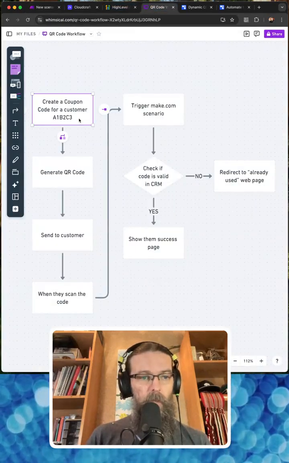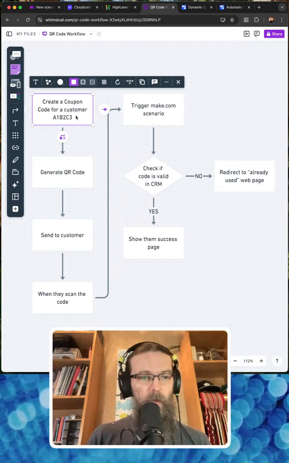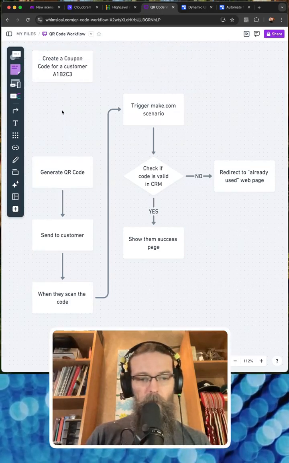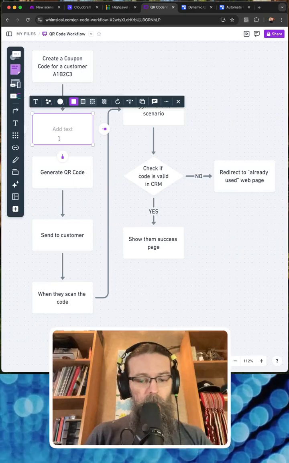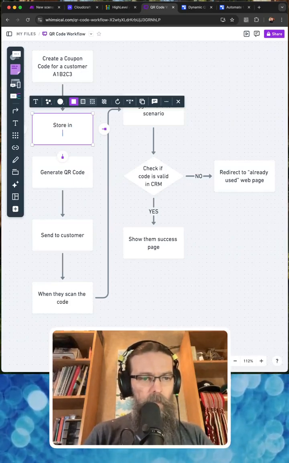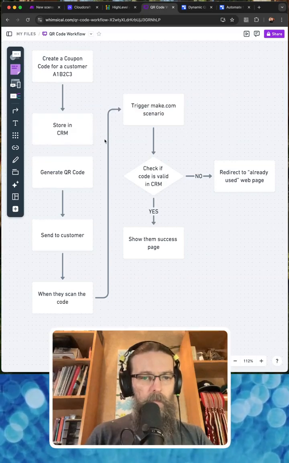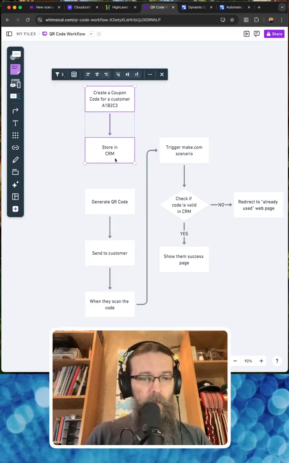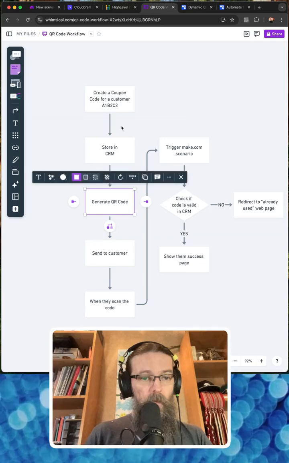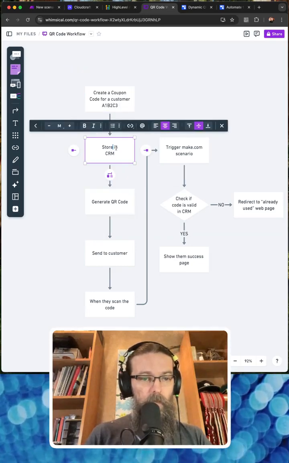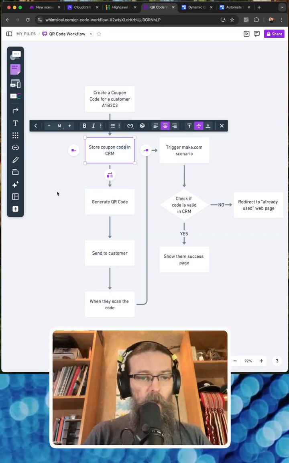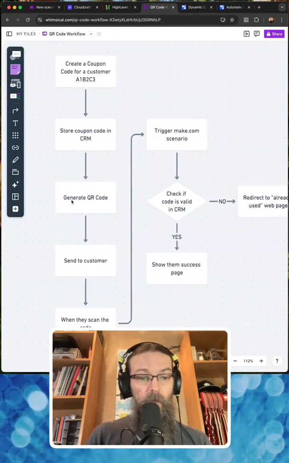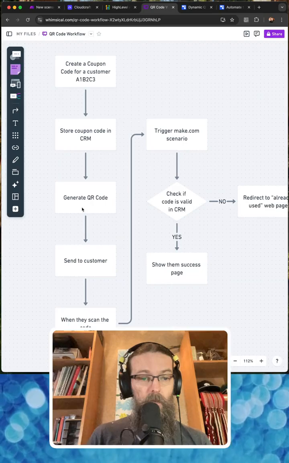So our CRM, we're going to generate a code for our customer, and then I should add one node in here because we're actually going to get rid of that. Store it in our CRM. The CRM we're using is HighLevel today, but it could be anything. And then the coupon code we're going to store in the HighLevel CRM. Then we're going to trigger a job to generate a QR code,